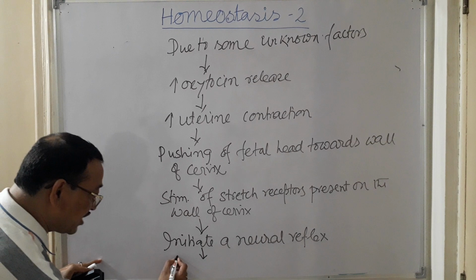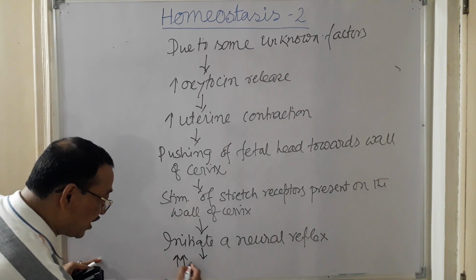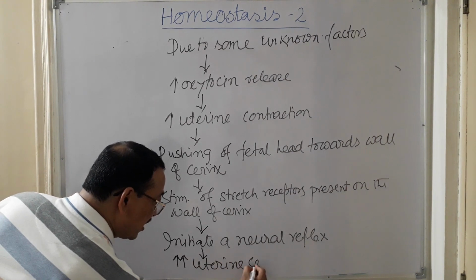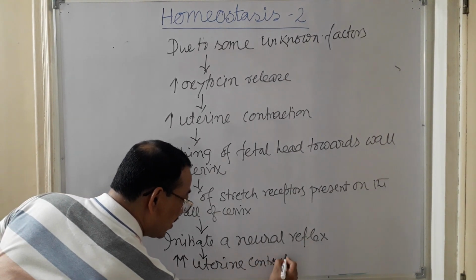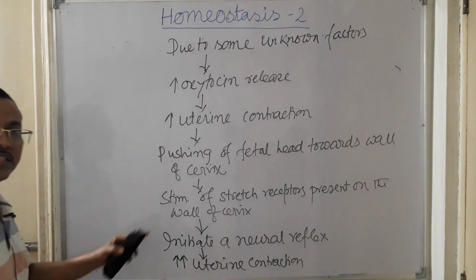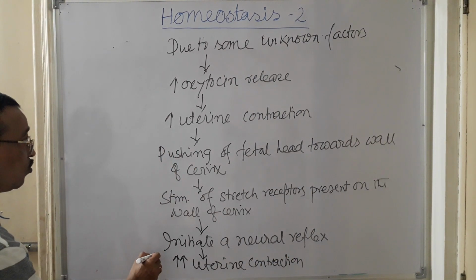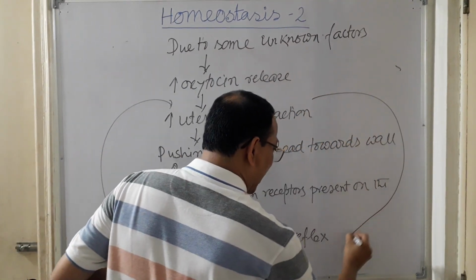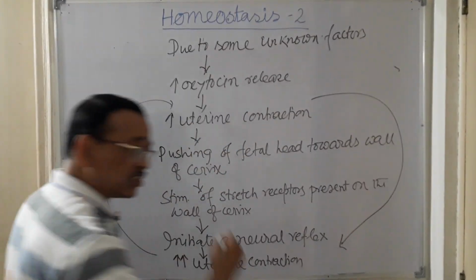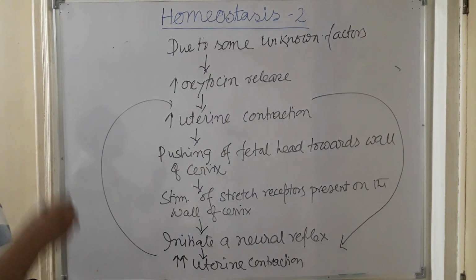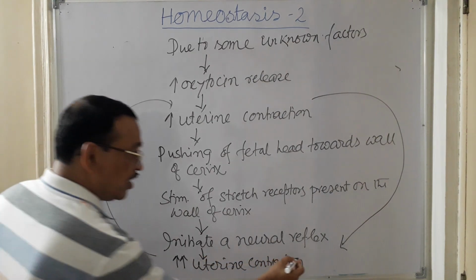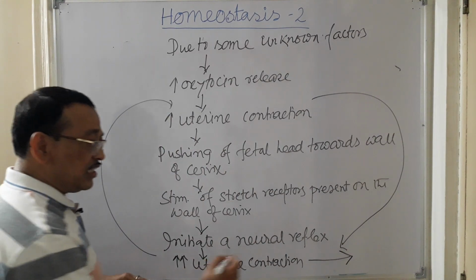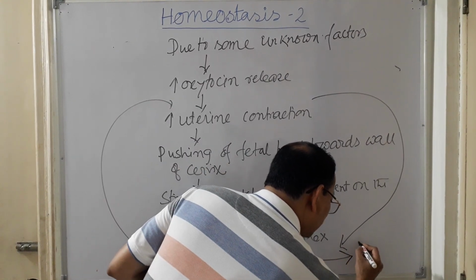There is a further rise of the oxytocin release, and thereby a further rise of the uterine contraction. Uterine contraction is further increased, and this process will be continued. As this process continues, the cycle goes on repeatedly. Ultimately, what's happened? A maximum pressure is developed within the uterine cavity, and this ultimately results in the expulsion